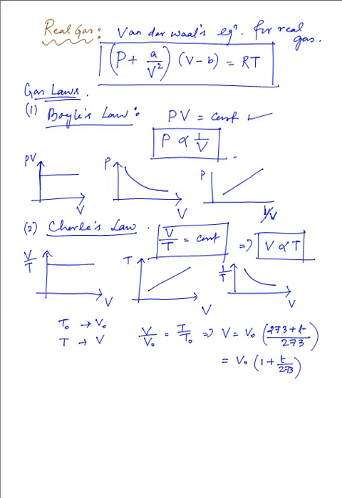And from that what we get is V − V0. If we take it to the other side and divide by V0, we are going to end up with, not T/273, actually 1/273. And that 1/273 is the volume coefficient of gas at constant pressure, usually represented by gamma p. The volume coefficient of gas at constant pressure is defined as the change in volume per unit degree rise of temperature.